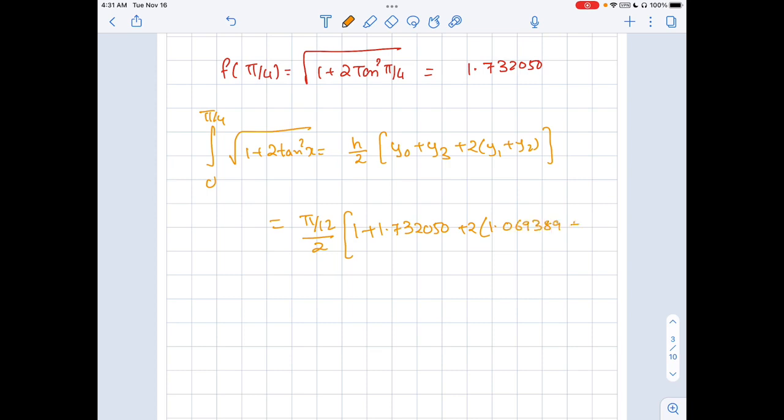1.069389 plus 1.290994. Do this one by calculator. I'll quickly take the calculator